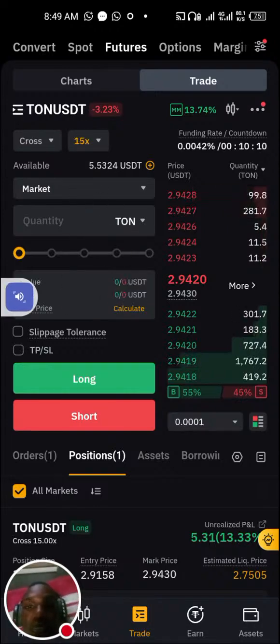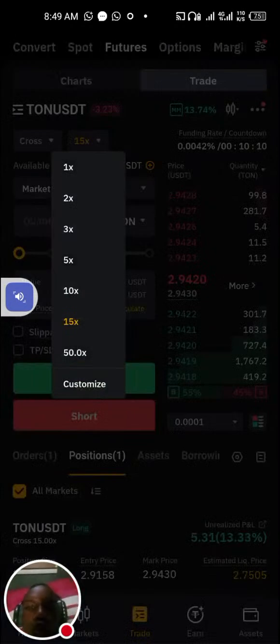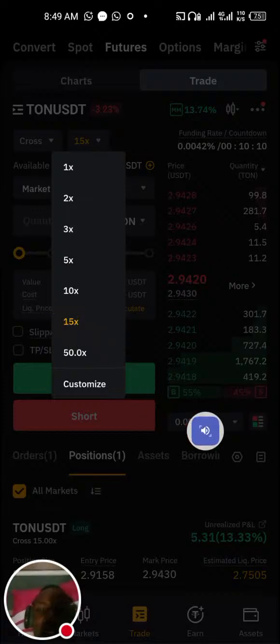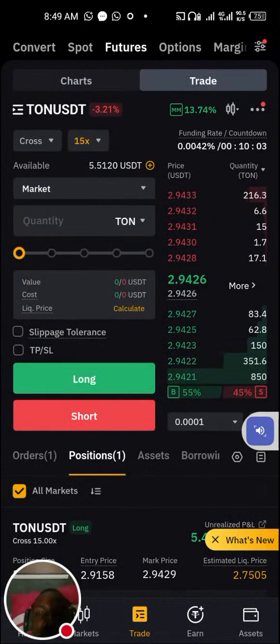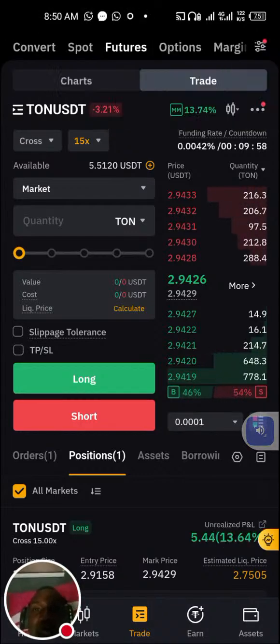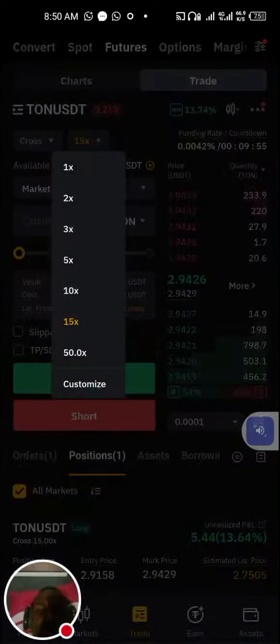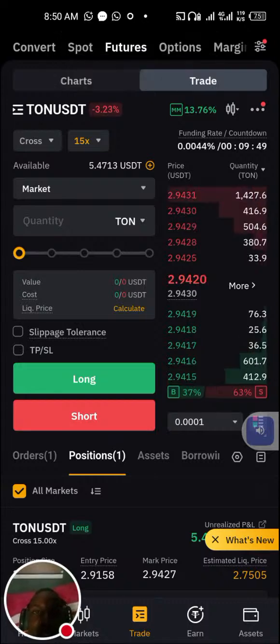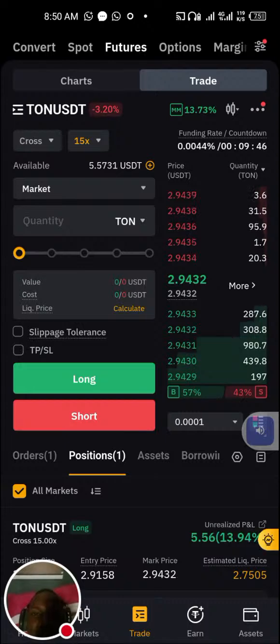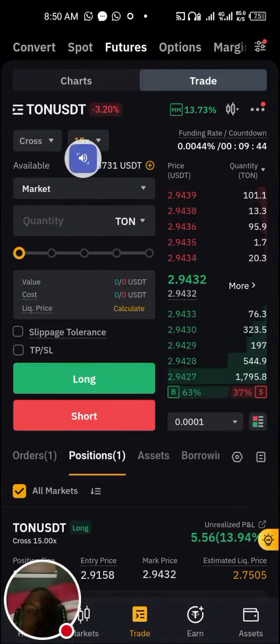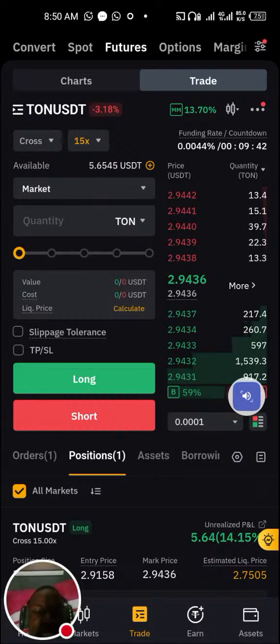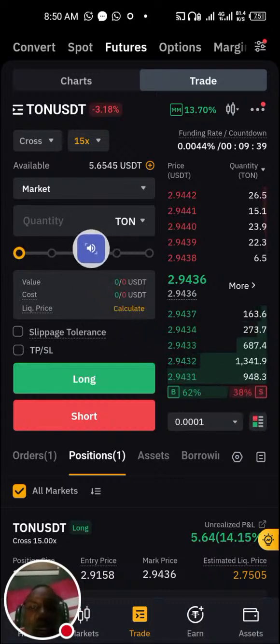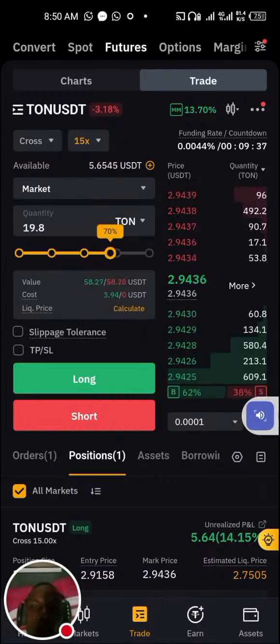You tap on leverage, you select 15x leverage if your capital is not above 100 USDT. But if your capital is above 100 USDT, you tap on this leverage and change it to 10. I don't have any current balance now, but I'm just showing you an example. You change it to 10. After changing it to 10, then you drag this line, which is